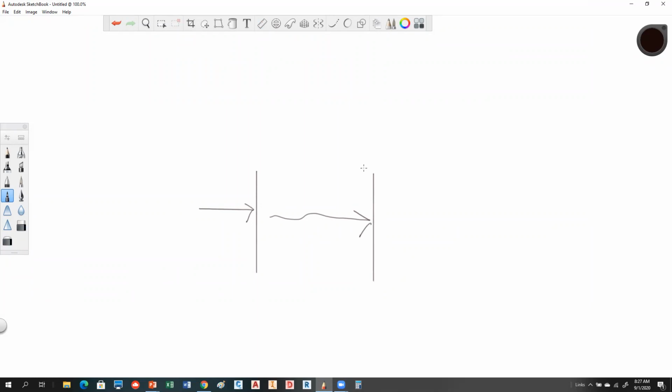That's an example of translation. When you use the move command in AutoCAD, that's exactly how it works. If you pick it up and move it, if it's at 30 degrees here, it'll be 30 degrees over here. That's what we call translation. Has everybody got that idea? Okay, I will assume that's yes. All right, so